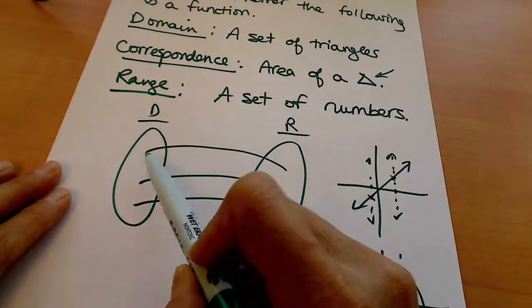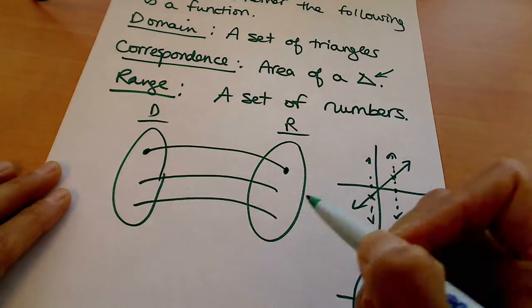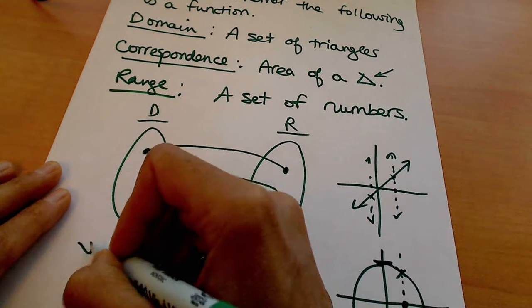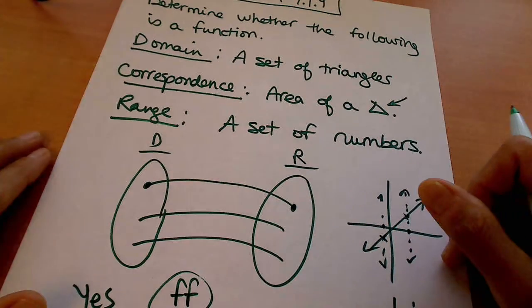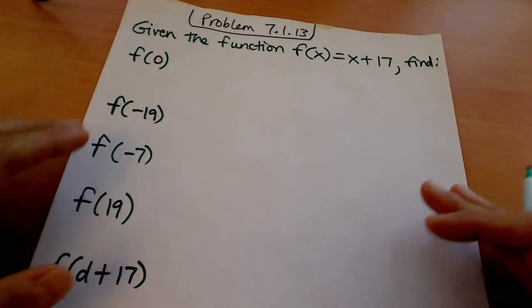And this scenario of this one element here mapping onto this element here is going to give us a situation where we are talking about a function. So yes, this relationship here would be considered to be a function. Okay. I also wanted to do problem